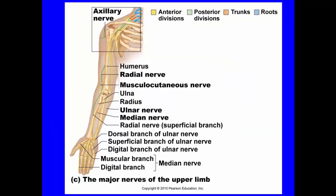Now, some of you might be saying, well, does that mean you're going to show on an exam a diagram? No, maybe not. What I may do, though, is I might have a multiple choice question that talks about what is connected to what and what passes nearby. Now, ulnar and the radial nerve, etc., remember that there is this repetition that occurs in the name. If you've got a name that says radial, it may be involving